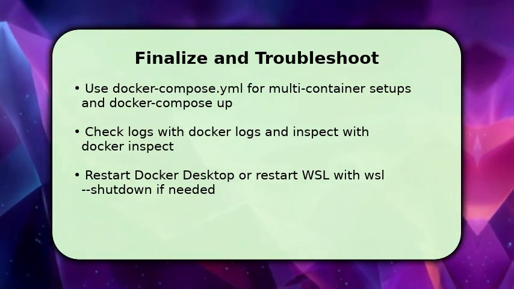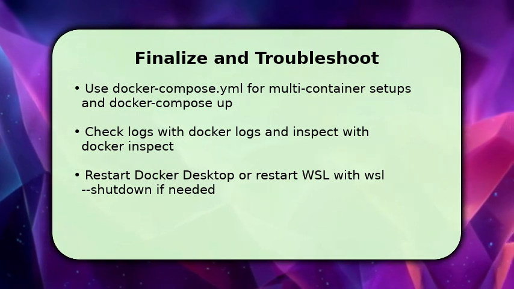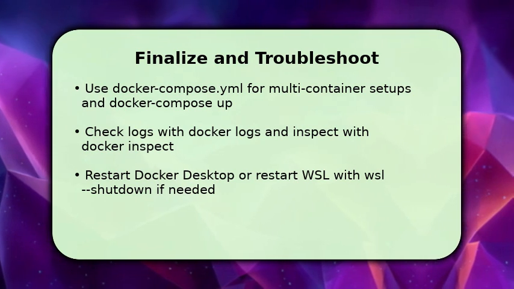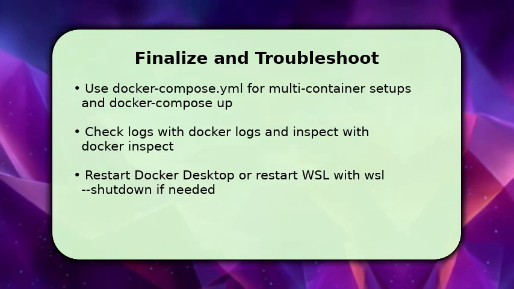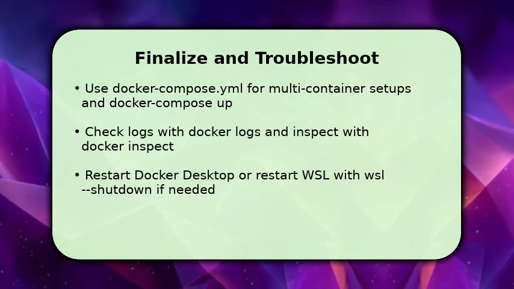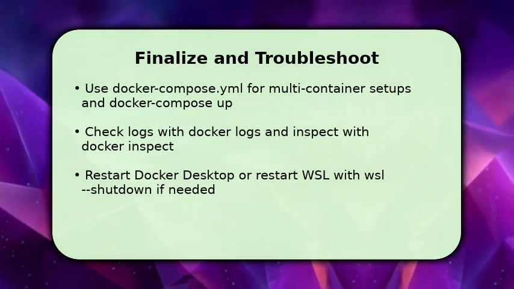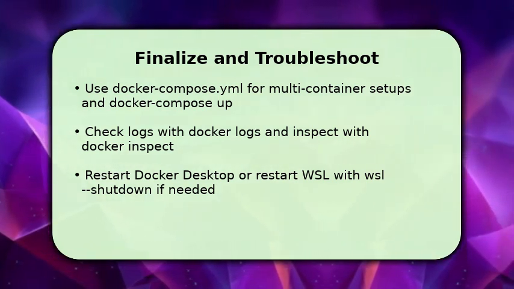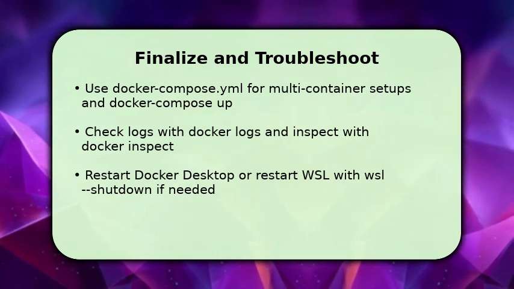If something fails, check docker logs for container output and docker inspect for network and mount details. If Docker Desktop behaves oddly, run wsl --shutdown to reset WSL2 and then restart Docker Desktop. This often clears stale mounts and network hiccups. One key tip, always